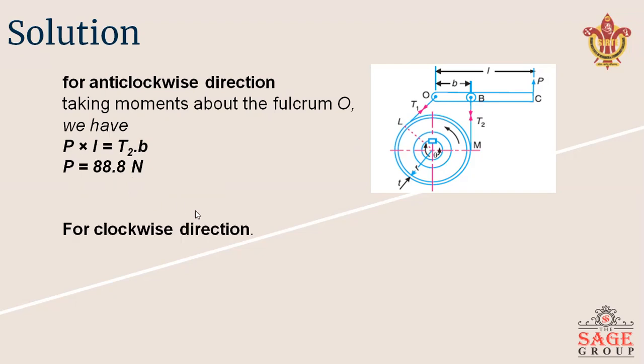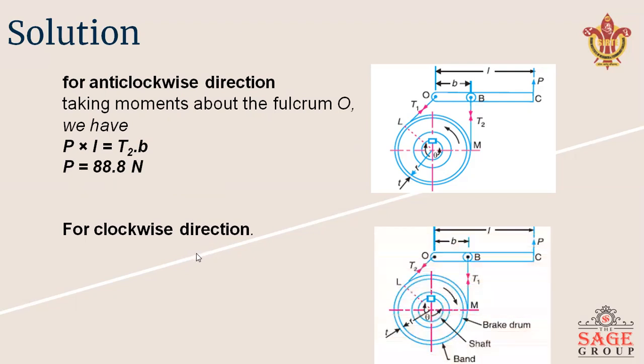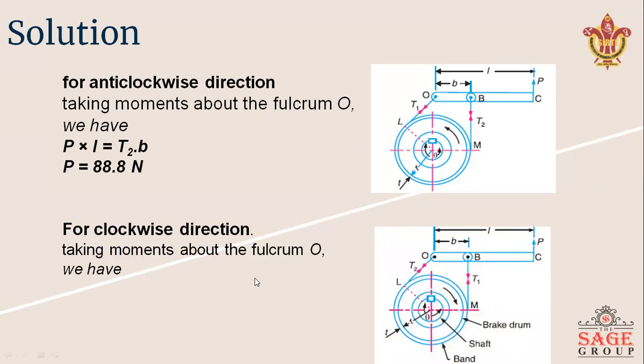And for clockwise rotation of the drum, the equation will be P into L is equal to T1 into B. Here you can see that P into L and T1 into B, because if the direction of the drum changes, then T1 and T2 also will be replaced. So now we will have the value of P equal to